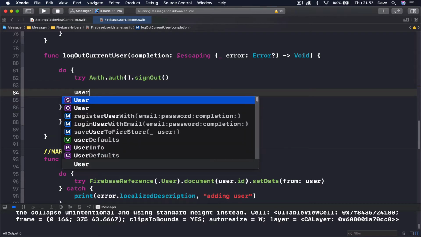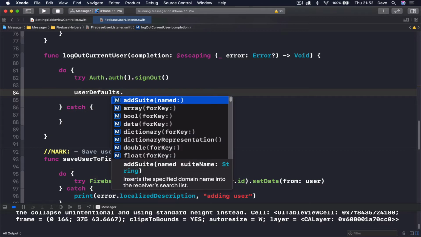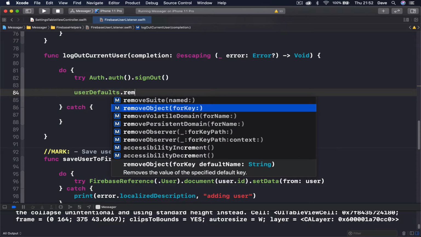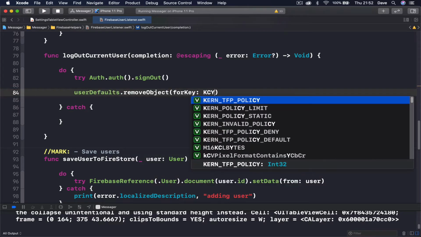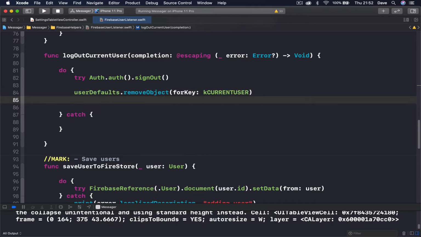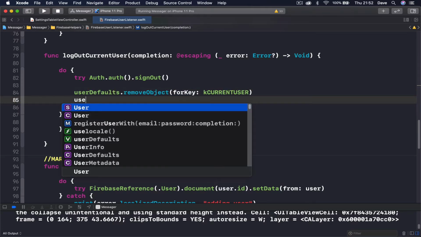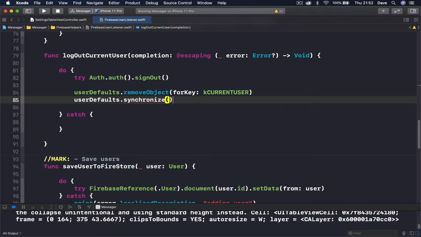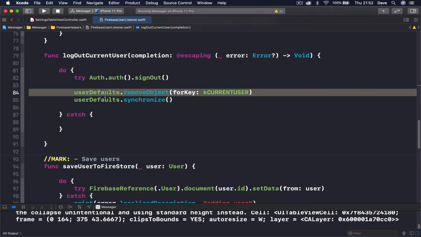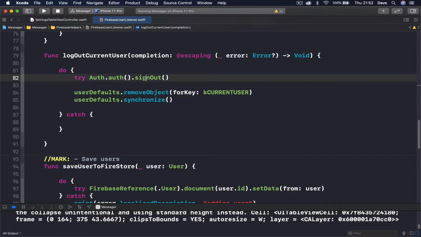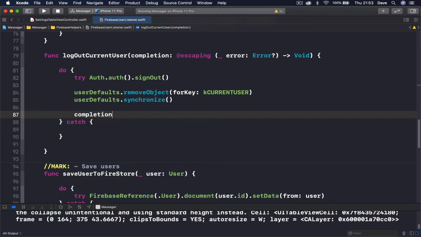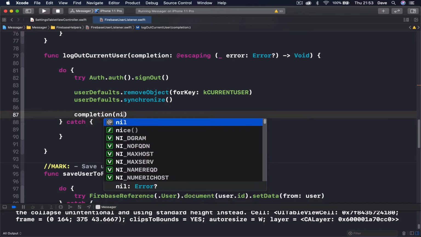I want to say user defaults dot remove object for key, and what we want to remove is our current user. And then we want to save this, so we say user defaults synchronize. And the reason we are doing this is, remember, when our user logs in, we are keeping a copy of that user locally, and when we log out, we want to get rid of this because there is no point of keeping it. And then we call our completion and pass the error, which in our case is nil if